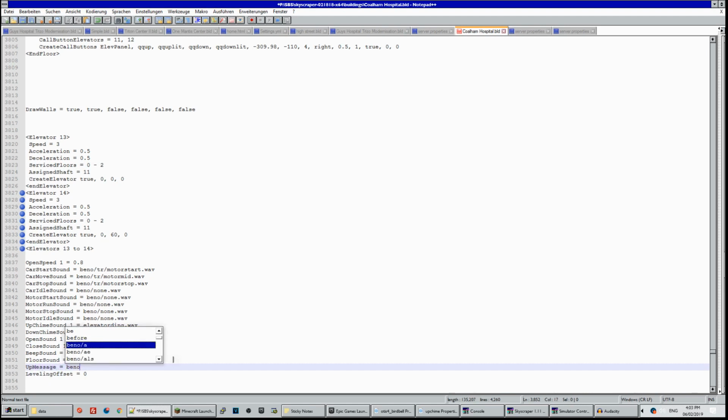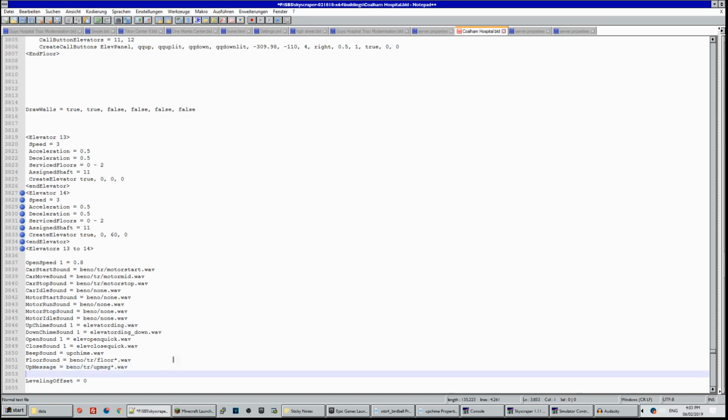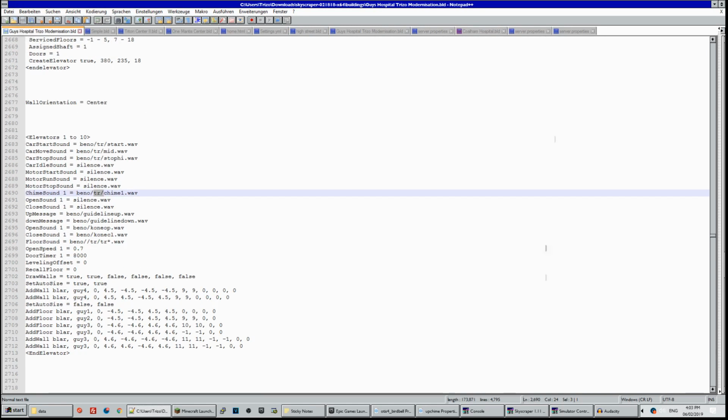Let's say Benno /tr/ up msg asterisk dot wave sound, and then down message Benno /tr/ down msg dot wave sound. We don't have an asterisk in there because it's not floor specific. So let's, oops,